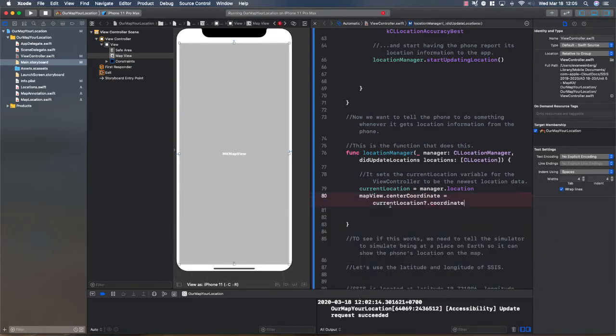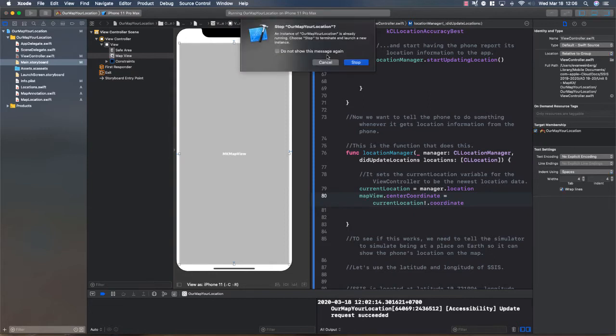So if I set the center of the map to be this coordinate, I still get this little error, and that is because current location might not have a value. That's what this question mark means. So I'm actually going to replace that question mark with an exclamation point. When I now run this in the simulator,